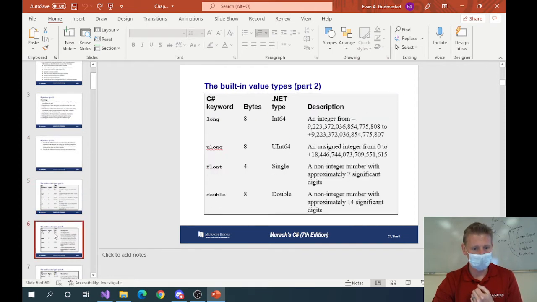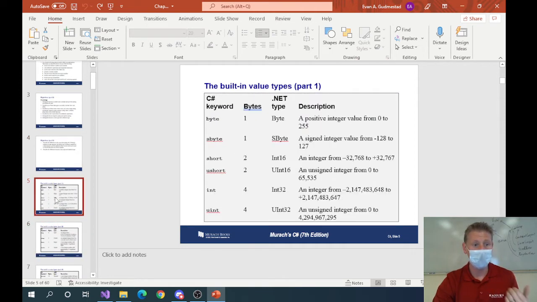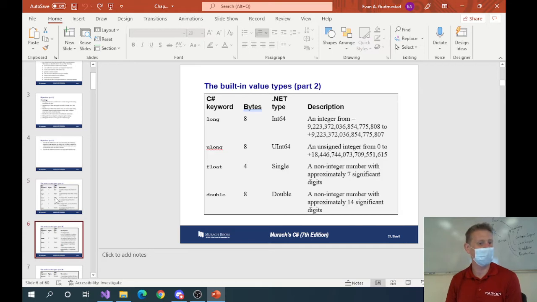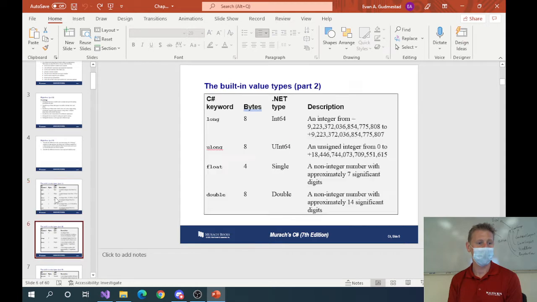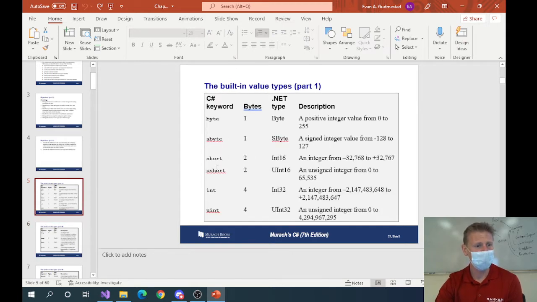This chart on slides 5 and 6, you saw that chart in that Prezi. So this is the chart, but that Prezi simplified it. That Prezi had fewer data types in it. You can actually see there are more data types on this chart. The Prezi covered the common data types.